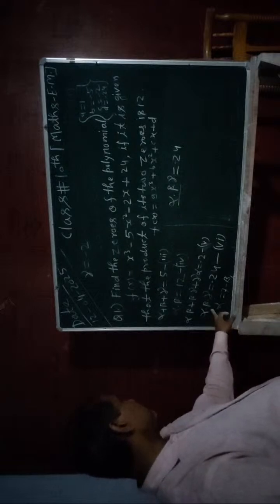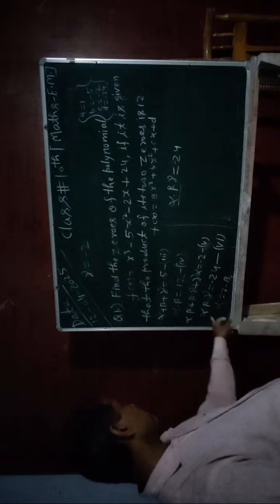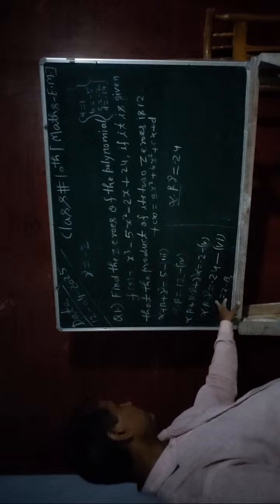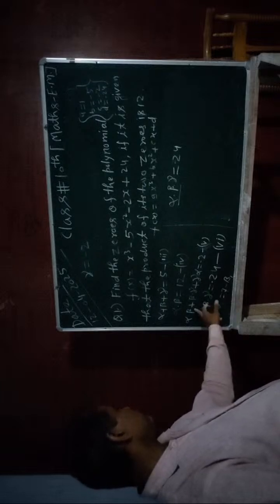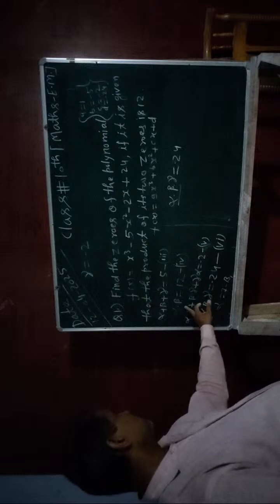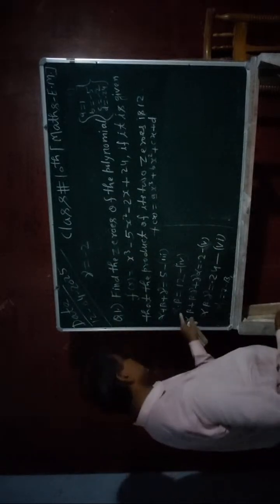So beta is available, alpha gamma. Okay. The value of gamma is -2, and this will be 24. I will put its value in the expression. So I will put the values in equation